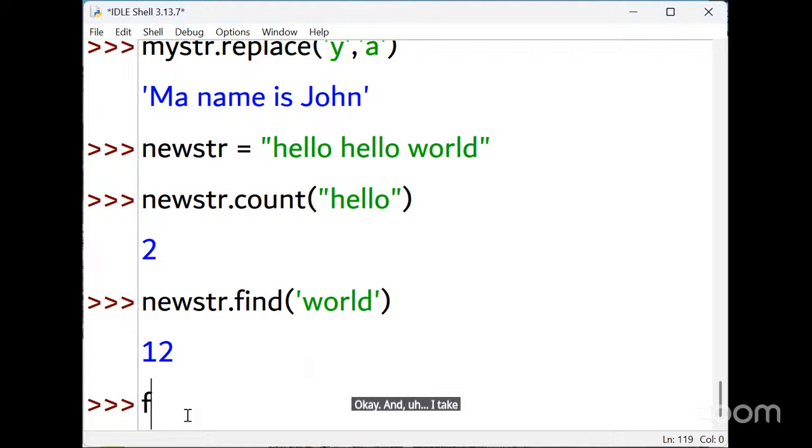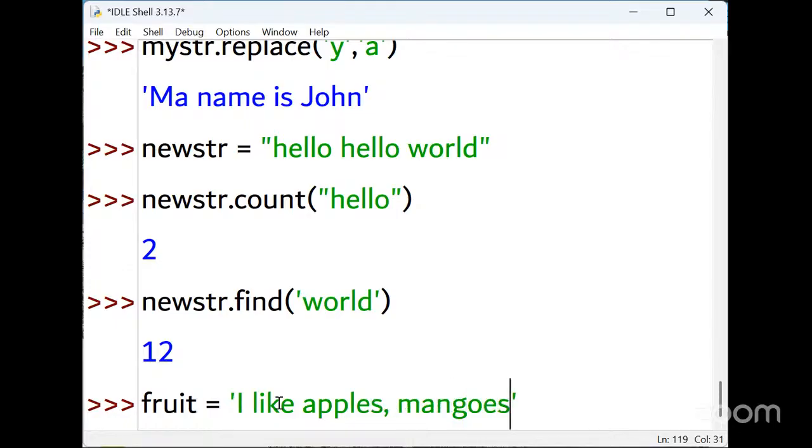I take one more string input. My variable name is fruit. It is a string variable. I give it: I like apples, mangoes, bananas.